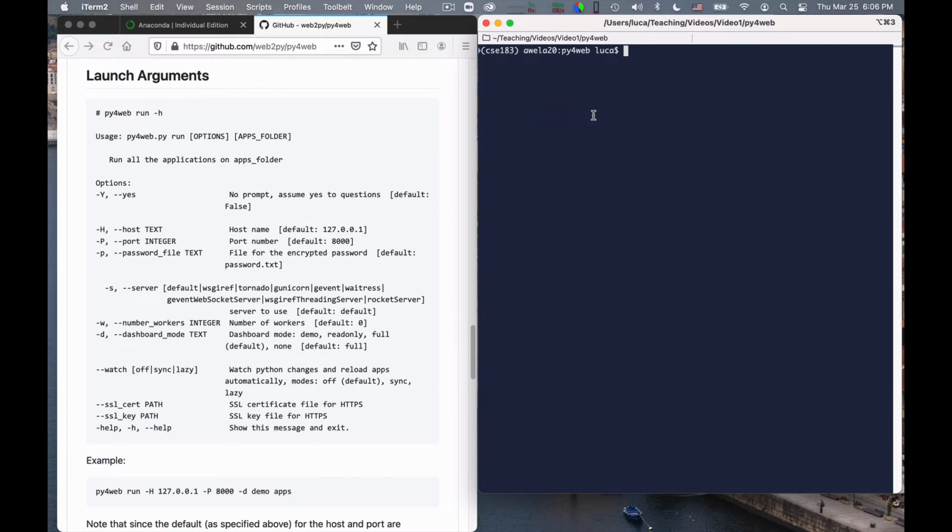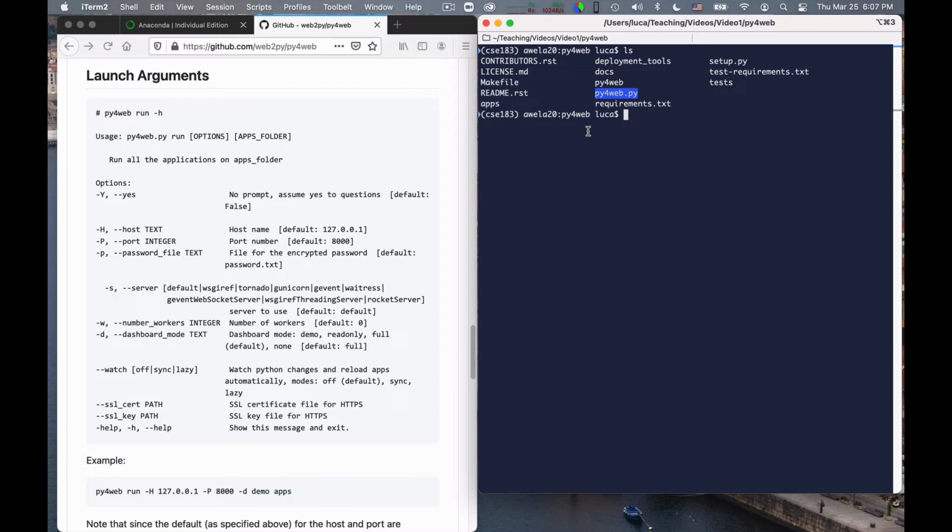Okay, so at this point we need to do one more thing. We are in the Py4Web folder. Let's take a look. This is the executable of Py4Web. Okay, so we need to set a password for the dashboard. This will not be incredibly security crucial, because we will be accepting connections only from the localhost in development, but still we need to do it to ensure that the dashboard is only accessible by us.